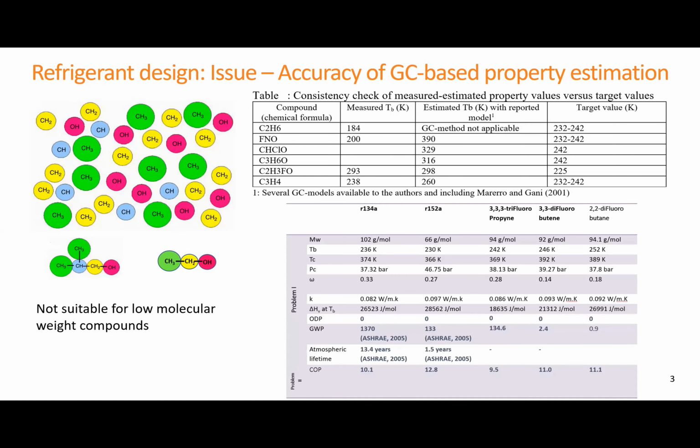And also this result I showed in the previous lecture, that we wanted to look for an R134A replacement. And when we are looking for a replacement, we can see that